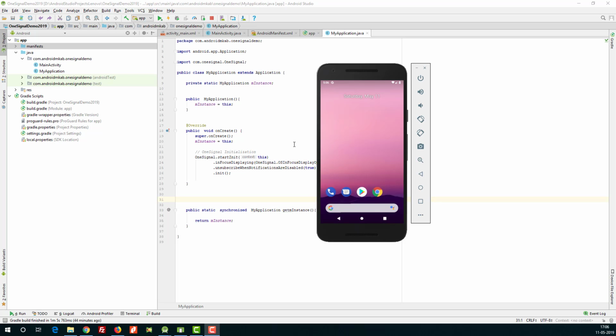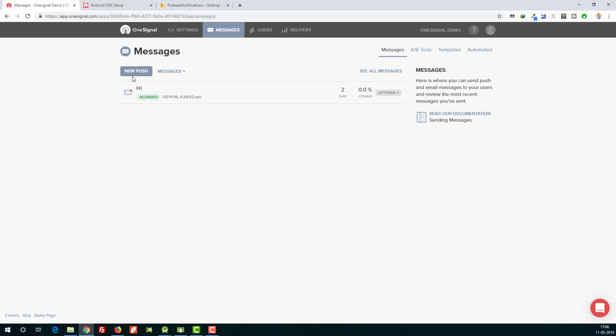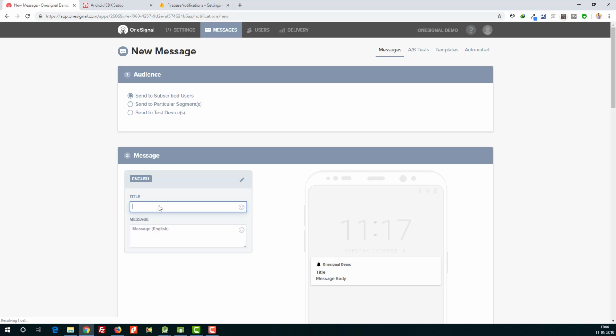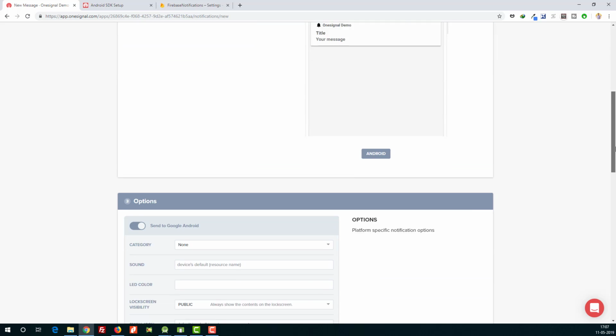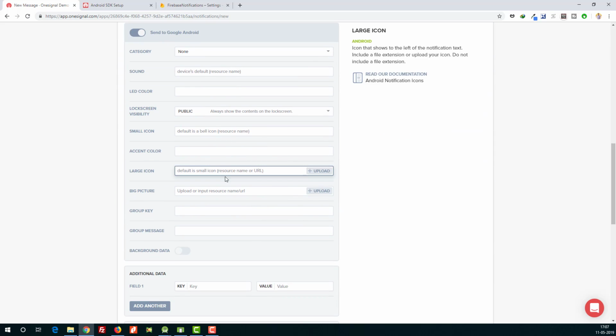For example, if you open the OneSignal dashboard and select new push, we usually send a title here and your message here. And we can send a large icon, big picture, all these things.